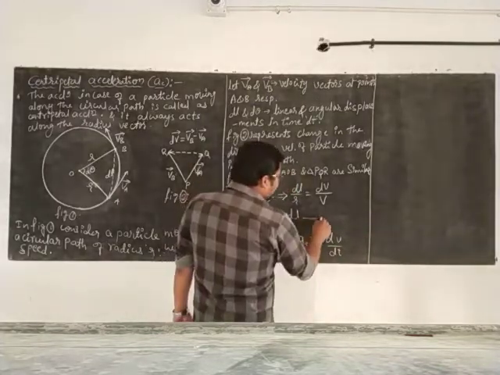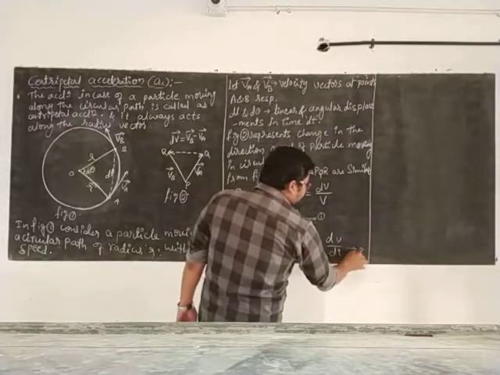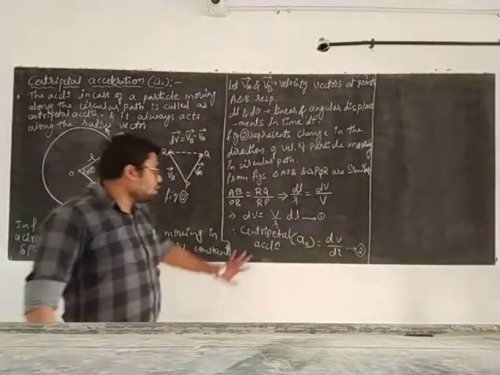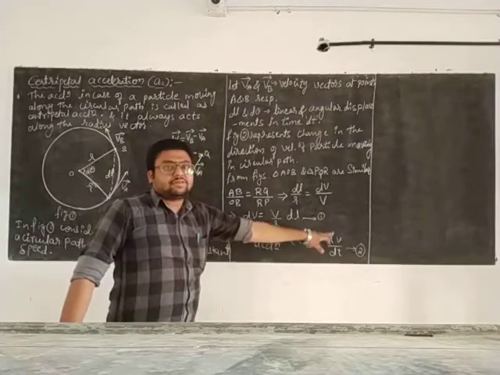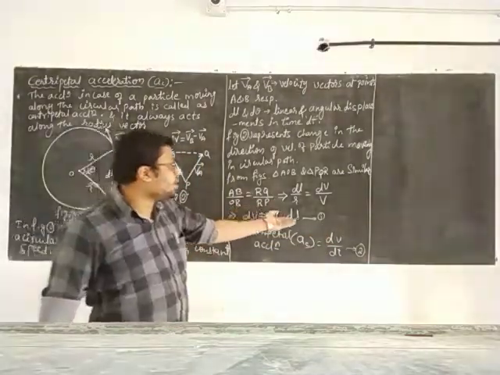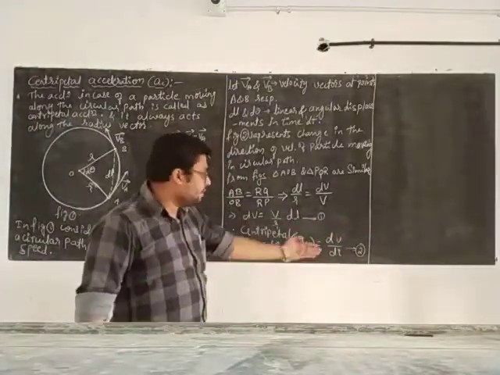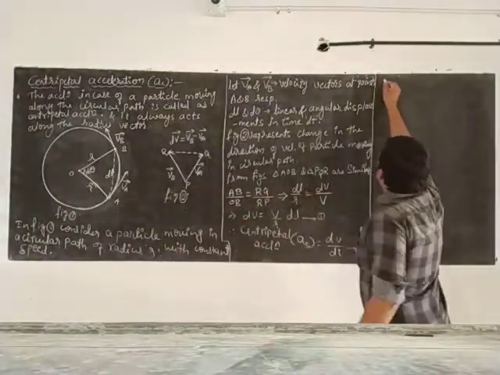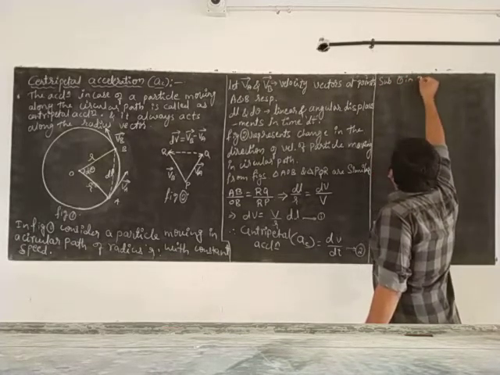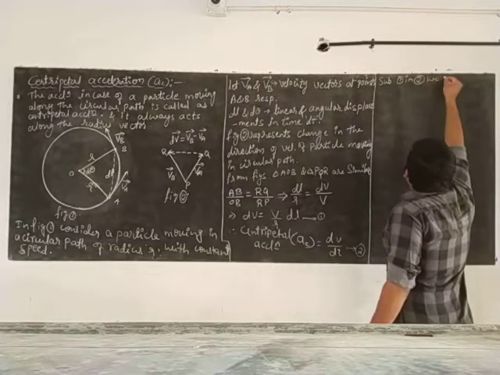We can call this equation number 1 and this equation number 2. So centripetal acceleration is the rate of change of the velocity, dv by dt. Just substitute equation 1 and 2. We get